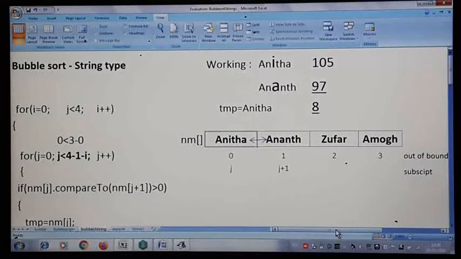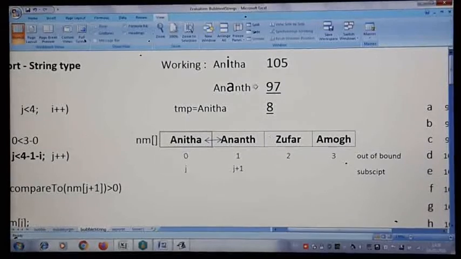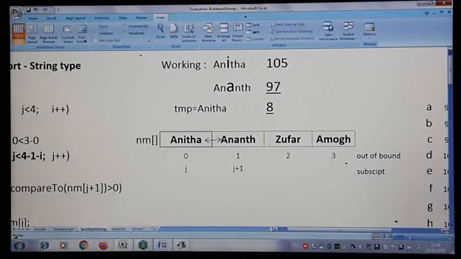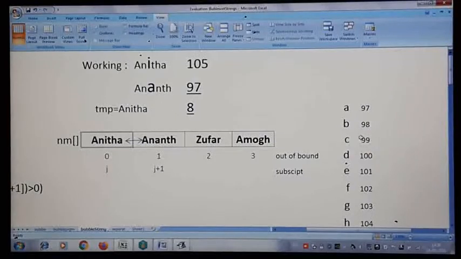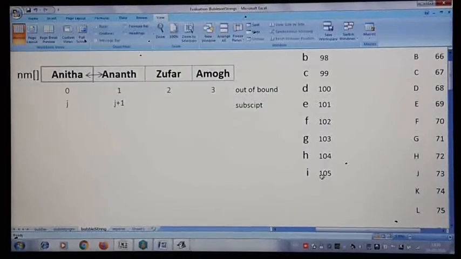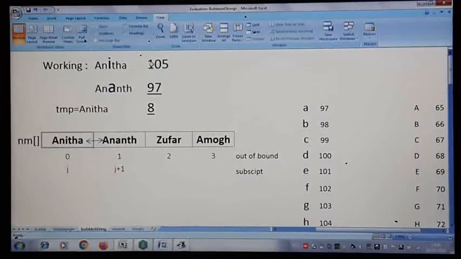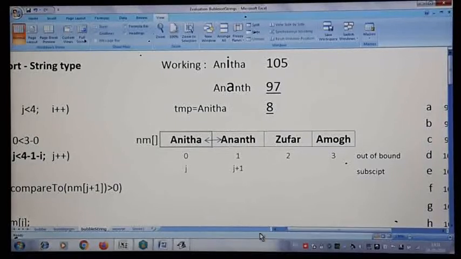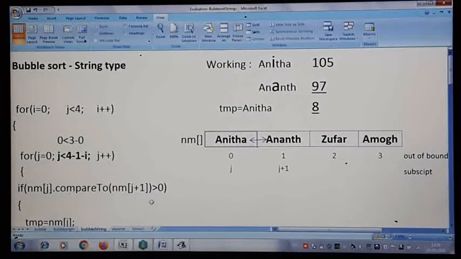I have written one ASCII chart here, if you want, you also can. See, the initial value of small letter a is 97. If you write all the ASCII values of the alphabets, you will end up getting the ASCII value of I also. I have just written one small table for explanation. Small letter a is 97, and if you go on like this, you can see I is 105. So 105 is the ASCII value of small letter I, and for small letter a it is 97. compareTo will give you the difference between the first string and the second string, which is 8.